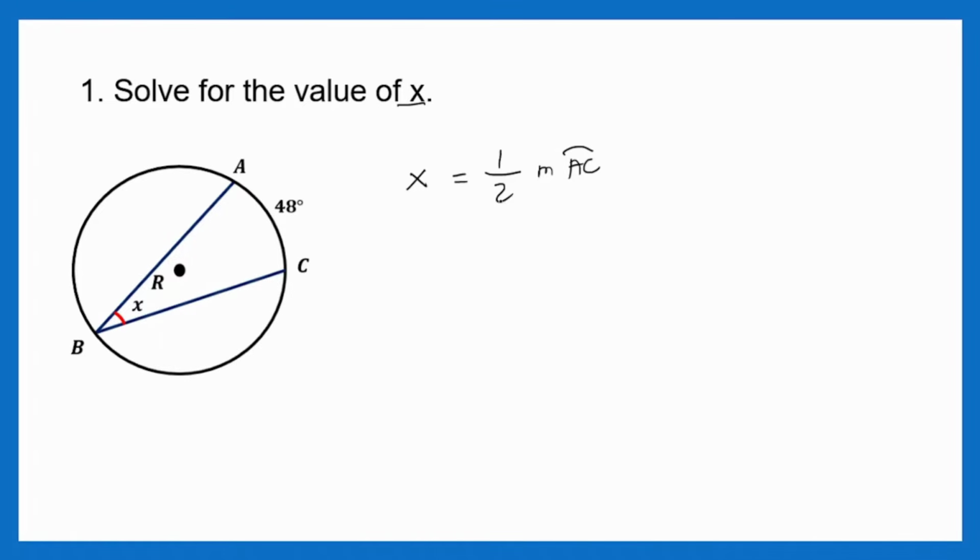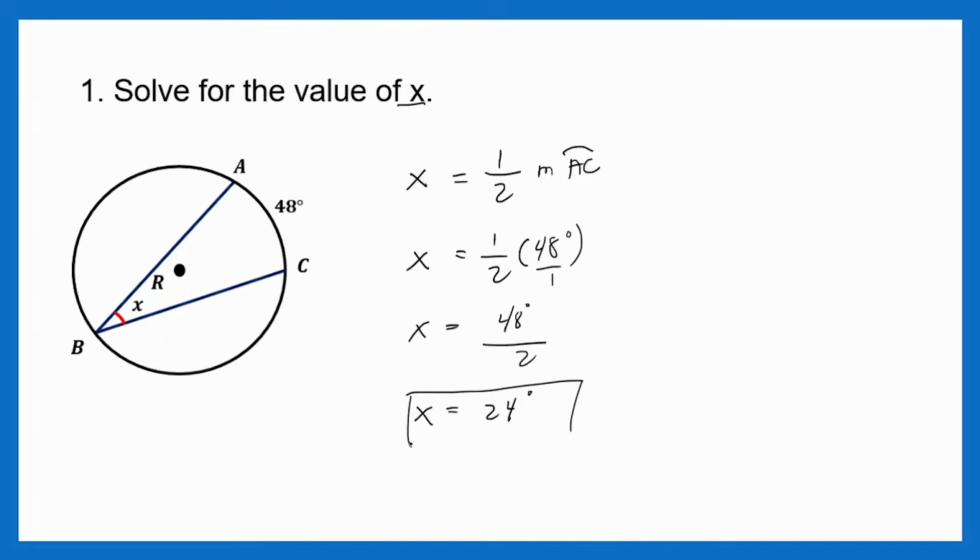Now, kung working equation yan, so yung x which is unknown, lagay natin dyan, then we have 1/2. Measurement of AC, eto, that is 48 degrees. So, di-divide mo lang yan. Multiply muna natin. So, we have x, numerator by numerator, that is 48 degrees over 2. Kasi may over 1 yan, that is 1 times 2, or 2 times 1. Kaya naging ganyan. Then, 48 divide 2, what is that? That is 24 degrees. So, ibig sabihin po, ang sagot ay 24 degrees. So, that's for the value of x.